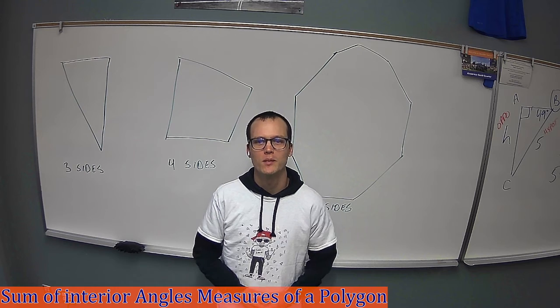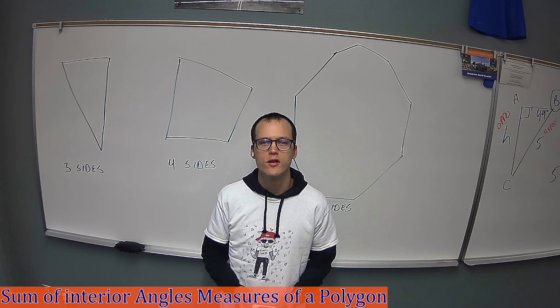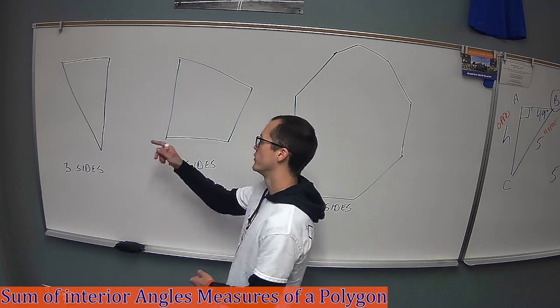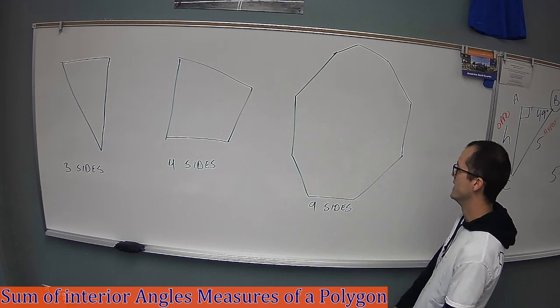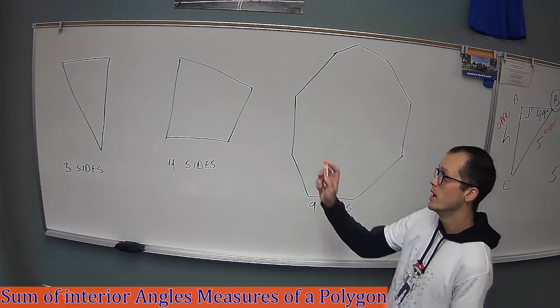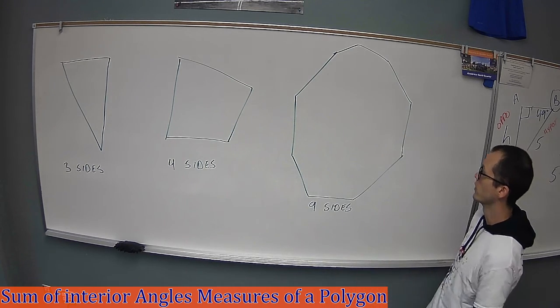Today we're going to talk about polygons and how to figure out what the sum of all the interior angles of any polygon ever is. So I have three polygons behind me. This one's a triangle, this one's a quadrilateral, this one's a nine-sided polygon. Notice they're random, there's nothing special about them, not an equilateral triangle, not a square, and not a regular nine-sided